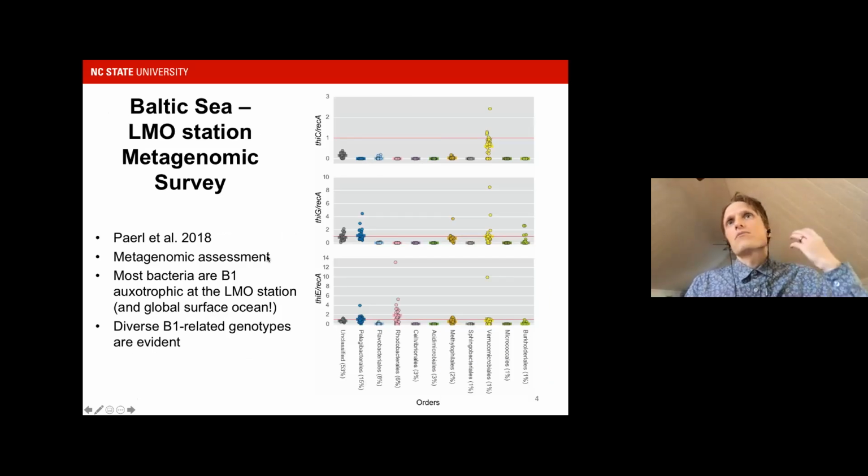All right, so I wanted to bring this up. As a postdoc, we actually did something similar, looking at metagenomic data from a Baltic Sea station. This is the LMO station, off of Kalmar. The short and sweet of this is that we focused on vitamin B1 at the LMO station, and